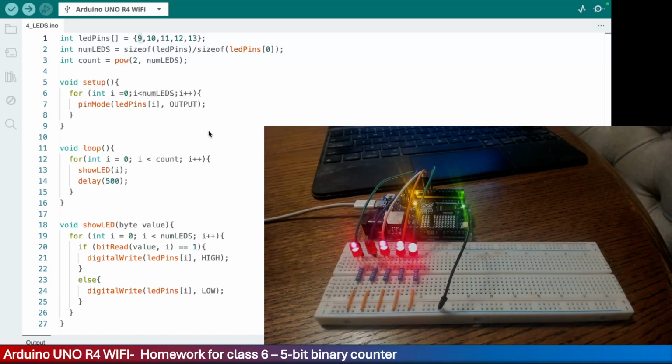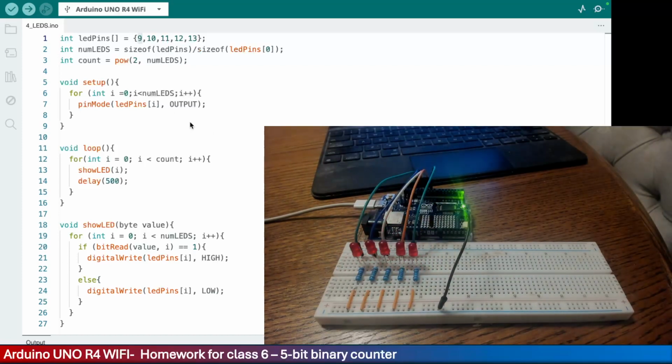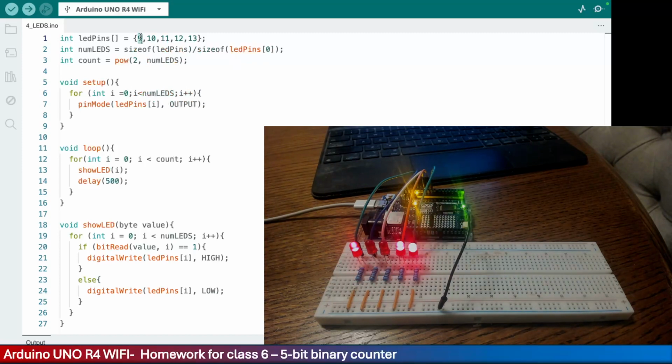The only thing that I had to do between lesson number 5 and lesson number 6 is add a new LED and add the pin for that LED, number 9, and that was it. I hooked it up and put the pin in there, and it's running as you see. That's the only thing that I had to do with the program that I had done for class 5. So to explain that a little bit,